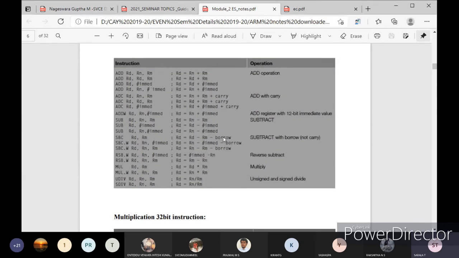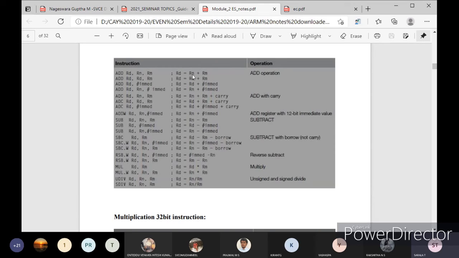Here the add and subtract instructions are there. You can see what all the operations that can be done with these add instructions. Here ADD Rd, Rn, Rm: Rd is the destination, and you will be adding Rn plus Rm.